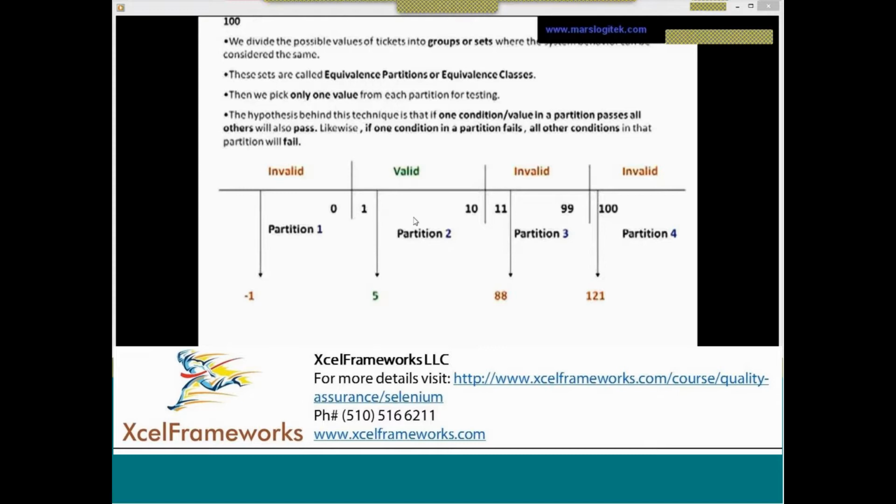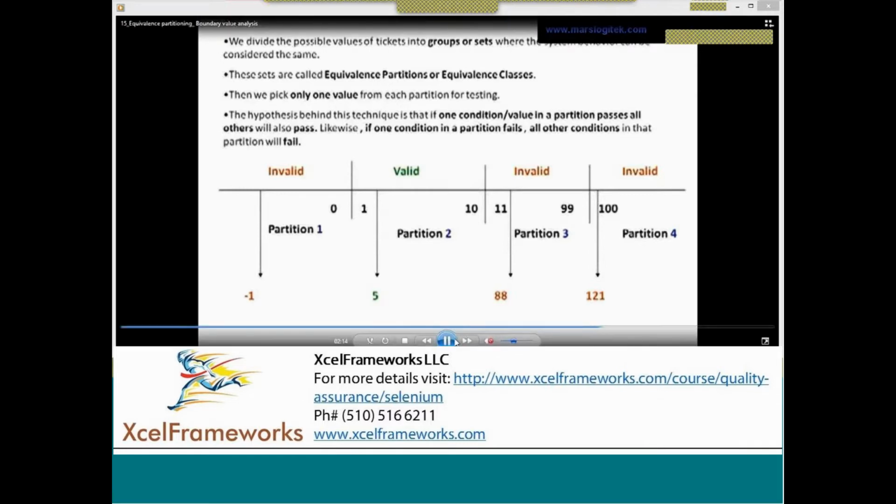So now the value is in front of you. Like I have a partition 1, 2, 3, and 4. It should be 1, 5. What is the boundary value? Is it a 1, 5? It is not a boundary. 5 is within a boundary. Okay. The boundary value is 10.